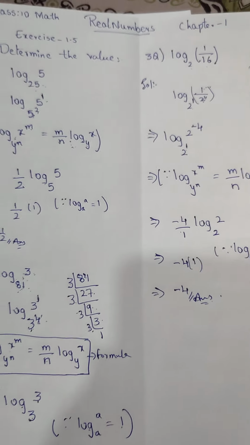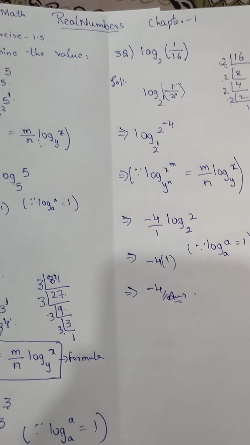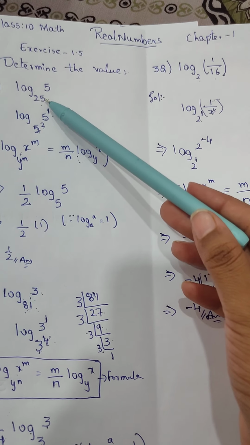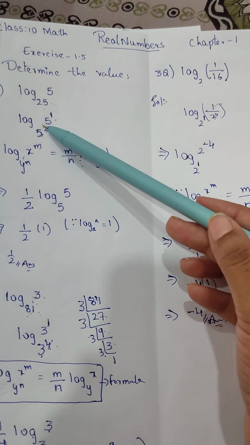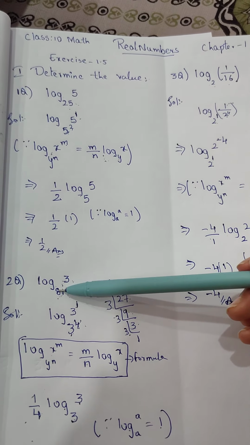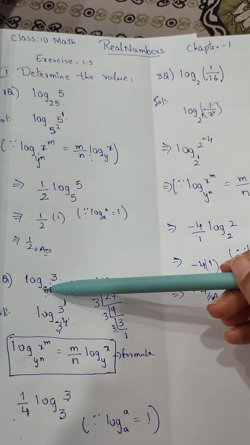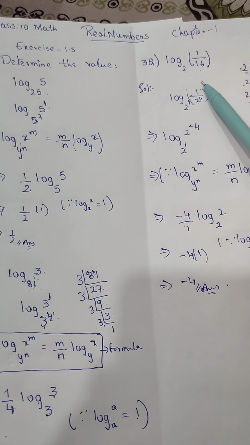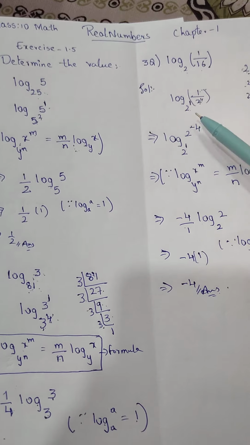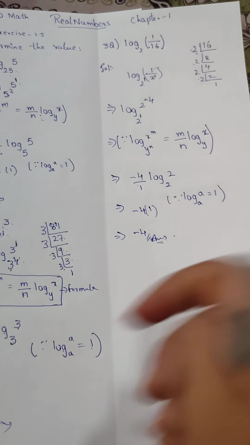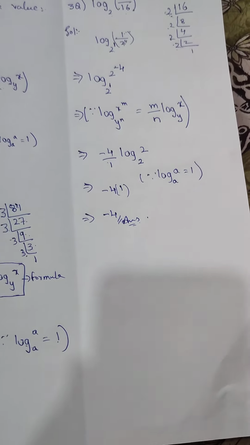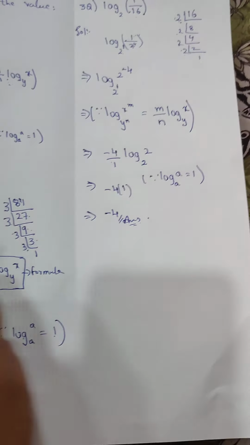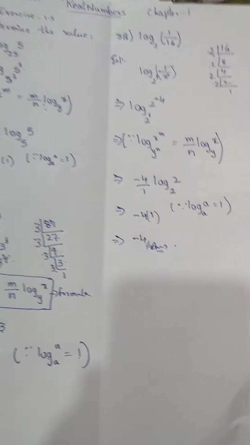Whenever you see this type of question, first change the base value or the power value into an exponent form, a power and a base. For all the questions, if you observe, we are changing the given number: for 81 we wrote 3 power 4, and here 16 we wrote 2 power minus 4. So you have to change the given question, and after that you can easily find the answer of the remaining sums.